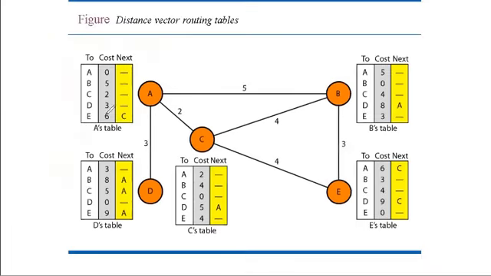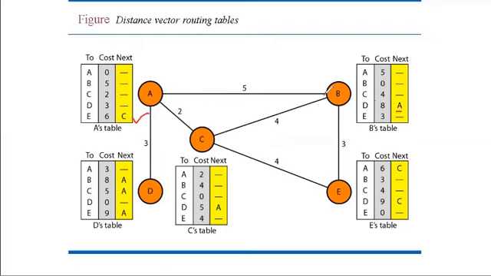If you notice here, now A has no infinity value. B and C have shared their routing tables with A, and A has updated to the minimum route between A and E. The minimum route between A and E is through C, which is 6. So for E the cost is 6, and what is the next hop to reach E? It is given as C. Similarly, B could not reach D before, but since A has shared its routing table with B, it has been updated.